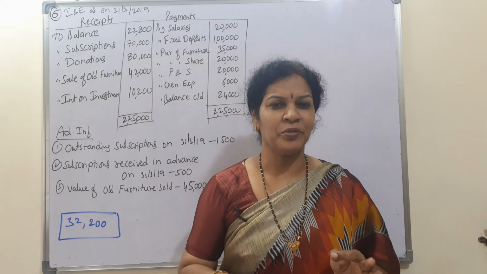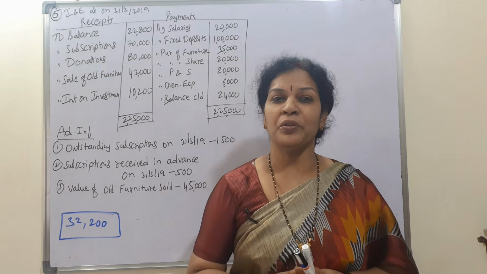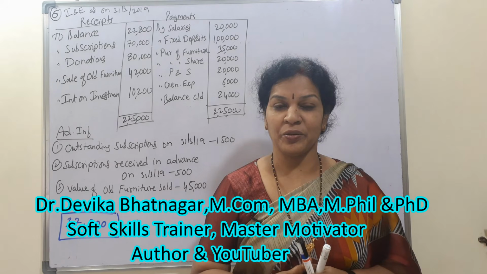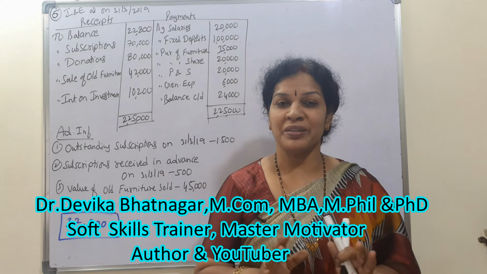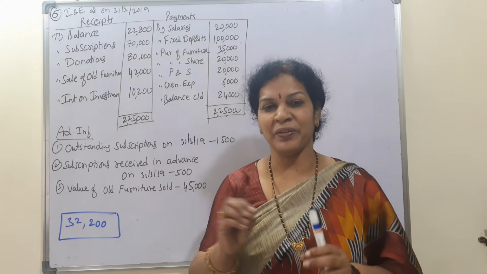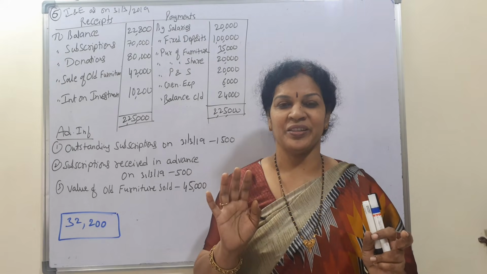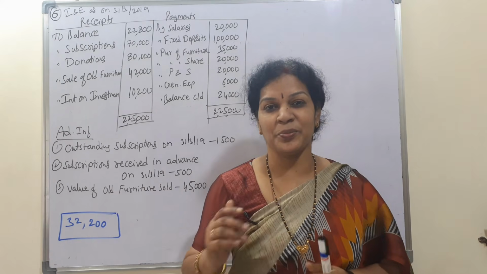We are discussing non-profit organizations. Non-profit organizations, sixth problem. This is also about how to prepare the income and expenditure account from the receipts and payment account. So how do you work out this problem? You are going to work it out. I'll explain the problem roughly and show you, but you work it out. Now focus seriously and concentrate on this problem.